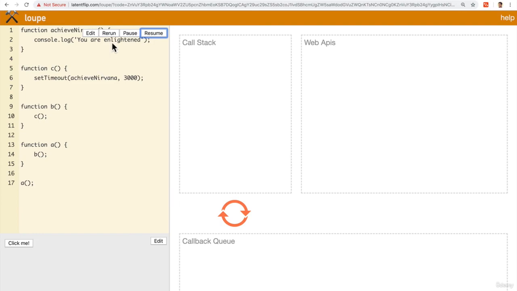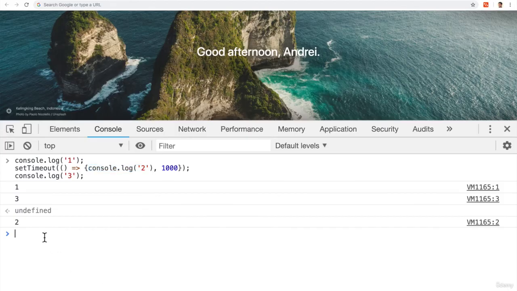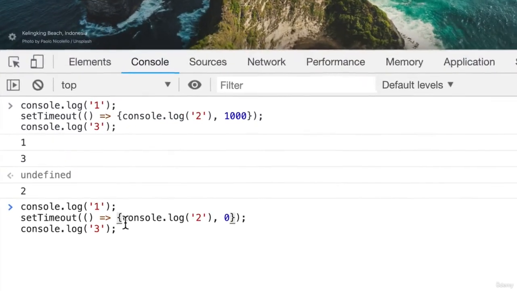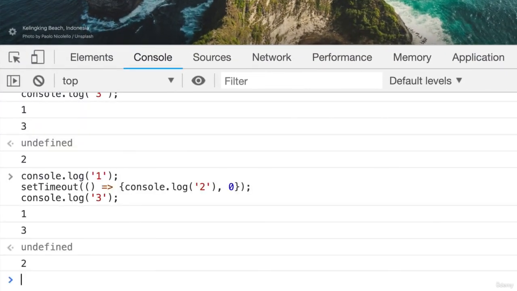Now, here's a fun little question for you. What happens if we do the exact same thing, but this time add 0 here? What do you think will happen? Well, if I run this, I get 132 still. Now, like I said before, this is a very common interview question. The reason that happens is that no matter how fast this setTimeout timer happens, it still gets sent to the web API, still gets sent to the callback queue, and the event loop still needs to check those 2